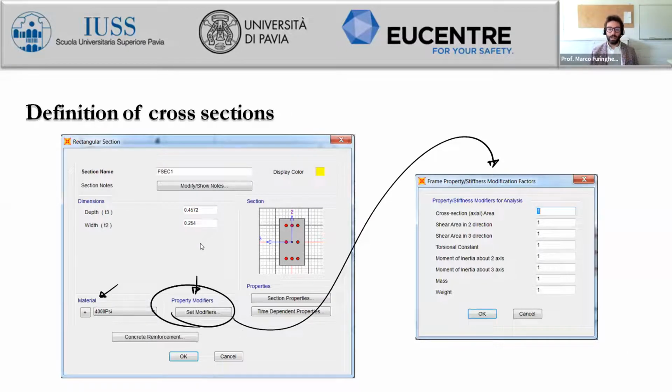According to this, we can try to model the Bernoulli theory by amplifying a lot the moment of inertia about both the axes 2 and 3. So here, instead of 1, we just set 1 by 10 to the 4th,